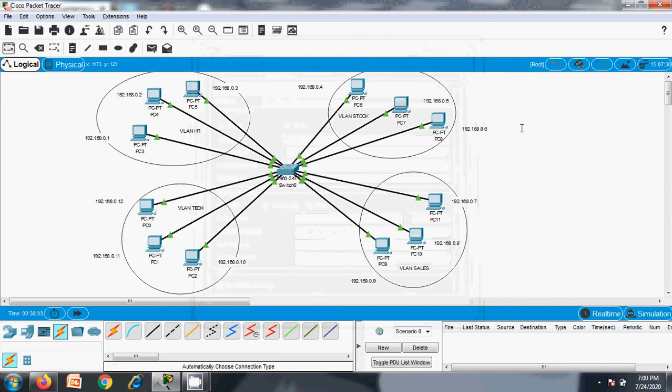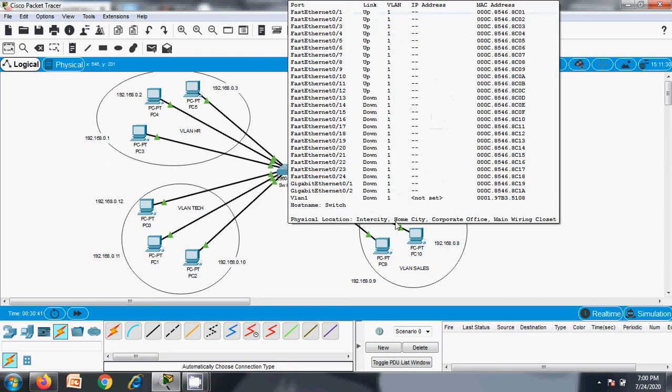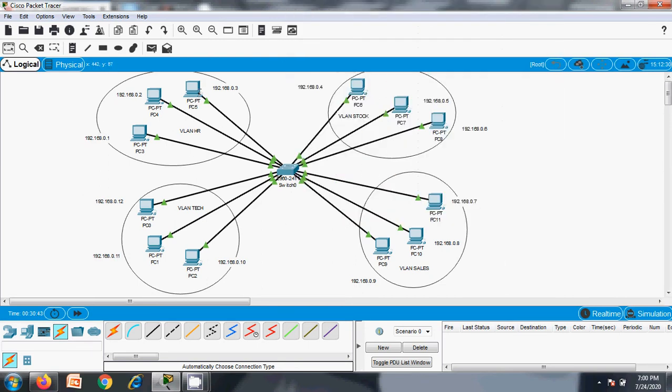So let's understand this context again. All these PCs belong to one organization which are connected through one single switch, right? And there are separate departments. This is the HR department, this is the technical department, this is the sales department, and this is the stock department. Even though all the systems belong to one single organization, there should not be any communication between departments. So a restriction is needed.